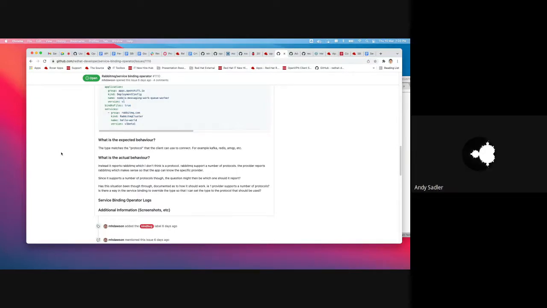Basically, the main thrust of this issue is what you, David, were talking about I think sometime last week. How do we expose multiple endpoints for a service? He would like to talk via both AMQP and MQTT, and he'd like to be able to specify which one he wants to talk via using the type field.